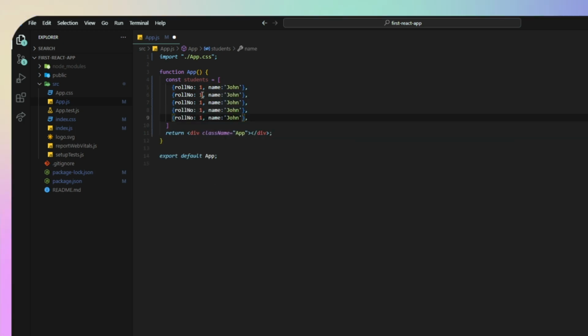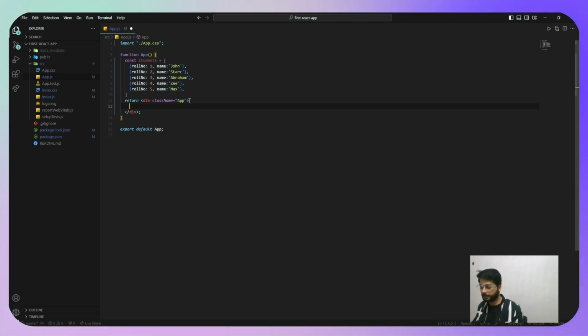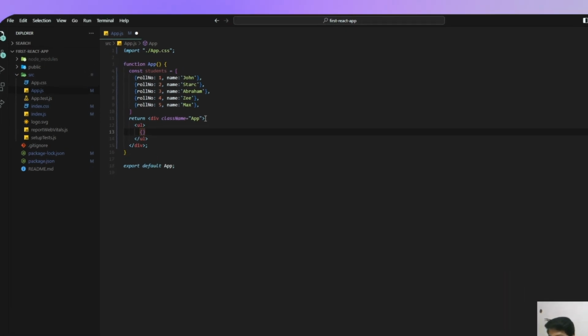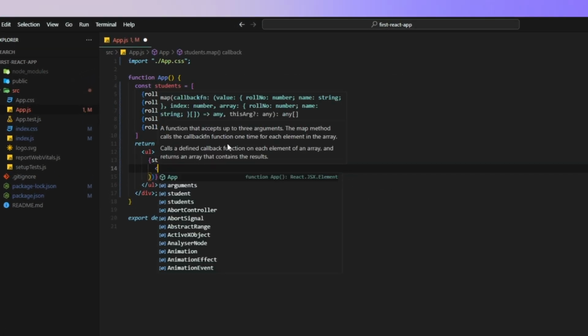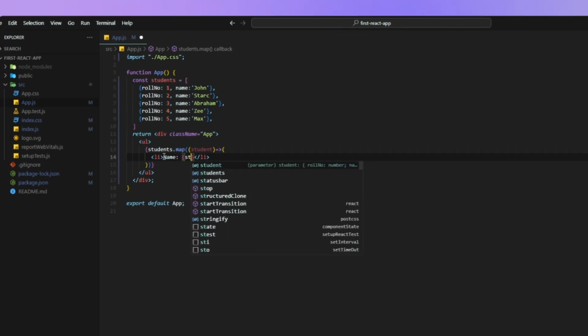Now I will change the data. After that I will change the name, and after that I will go inside this JSX and create a simple unordered list. Inside this list I will use map function on this array, simple student, and here I will write list. Inside this I will render simple name and roll number. First of all, student name, and inside it student